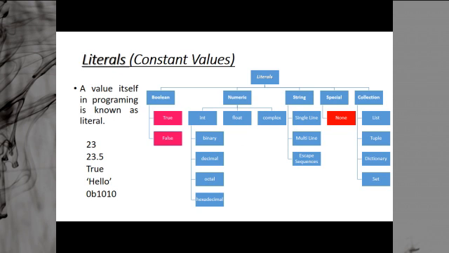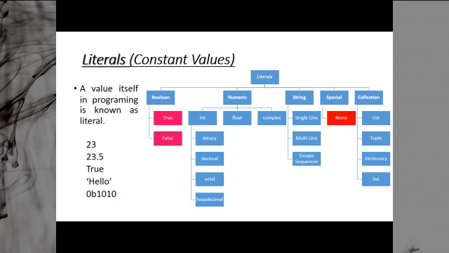Similarly, in numeric we have float numbers. Float numbers are the fractional numbers, numbers with a decimal sign. The decimal sign is compulsory. These numbers have fractional parts and they can be represented in two ways: one is floating point notation and the other is scientific notation. Complex numbers, as I told you, come with the iota, a plus ib, where a is the real part and b is the imaginary part, because iota cannot be calculated.